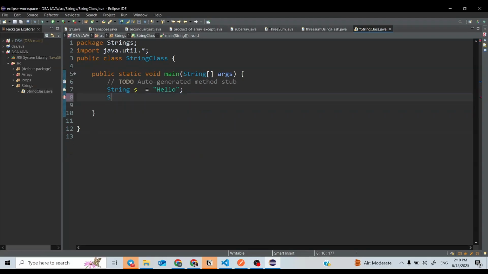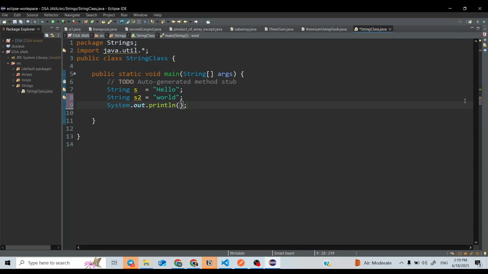Okay, so now let us try to have a string variable holding hello, and a string variable s2 holding world. Now I want to print hello world together, so I will do something called concatenation. You just have to use plus to concatenate.